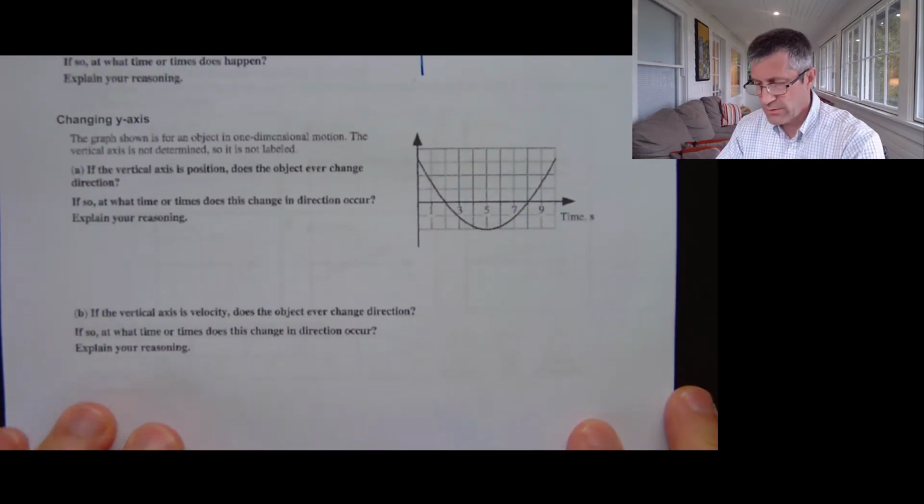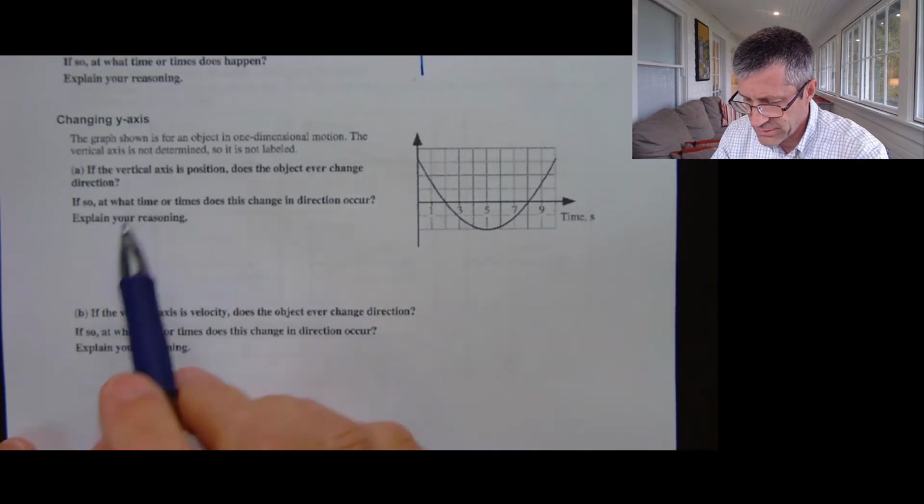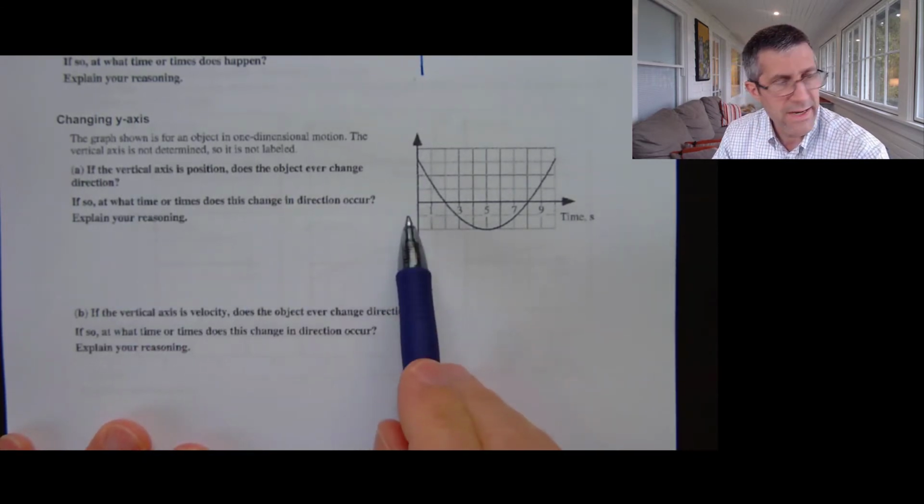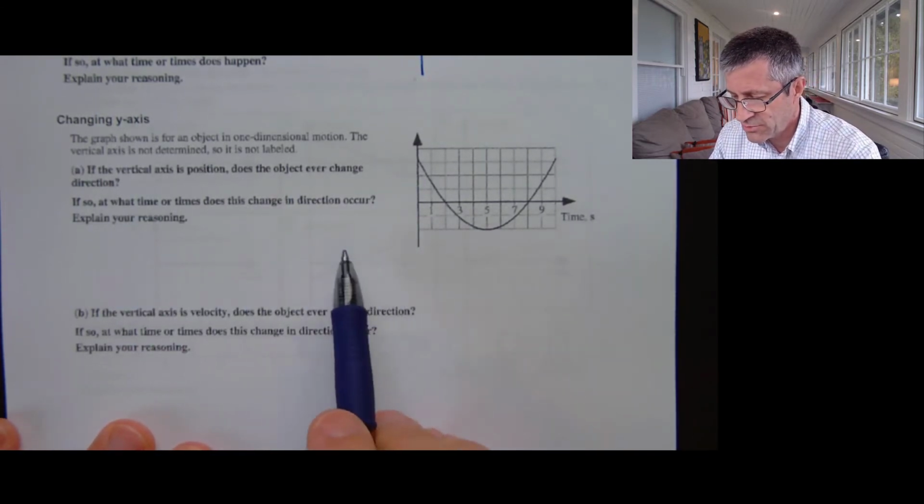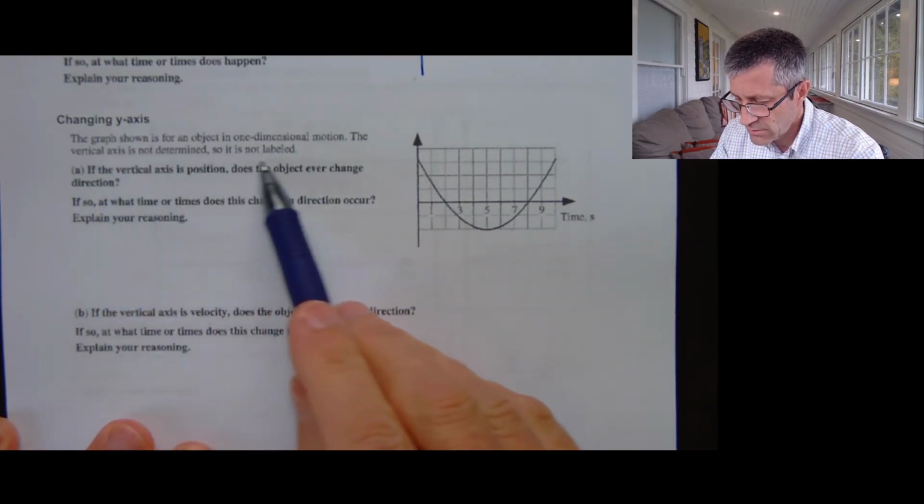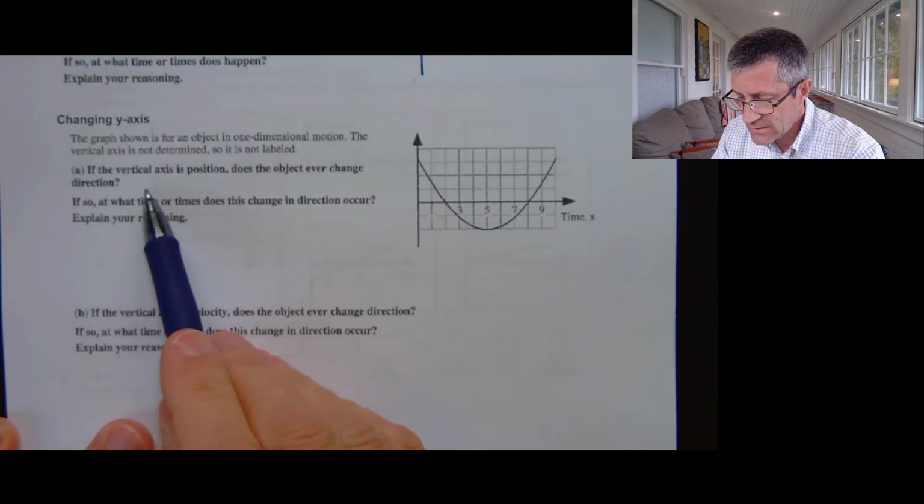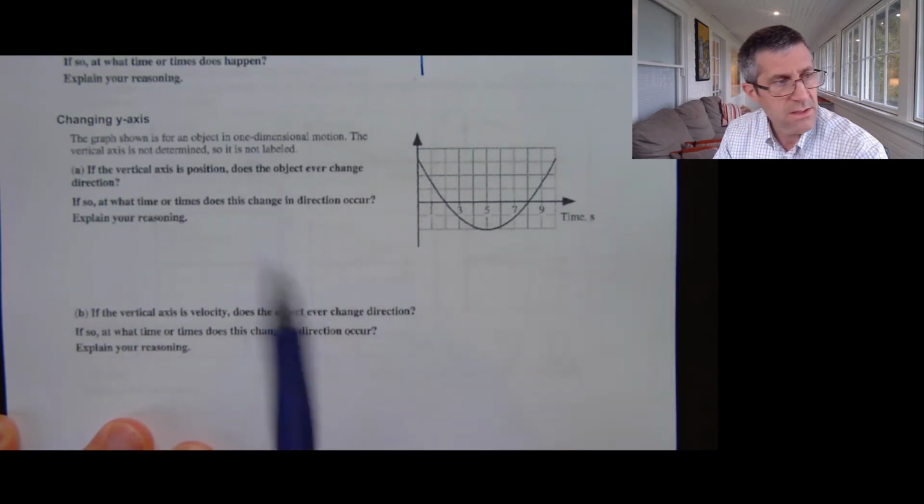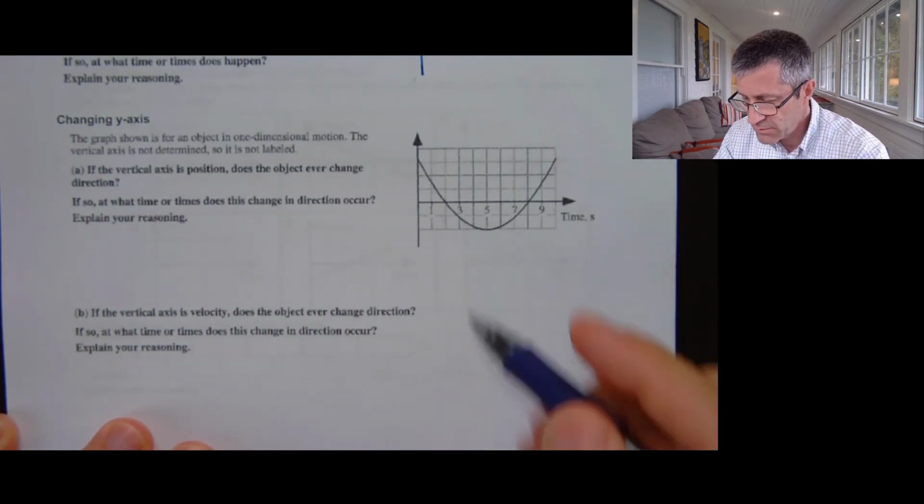Changing y-axes. Okay, so let's see what's going on here. So they're not giving me a y-axis, but they're asking me to try different ones, I'm going to guess. So in one dimension of motion, the vertical axis is not labeled. The vertical axis is position. Does it ever change direction? So if this is position, right,